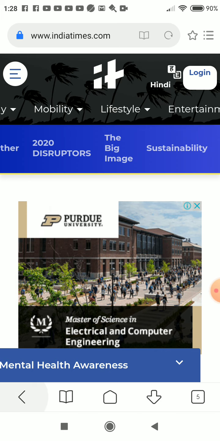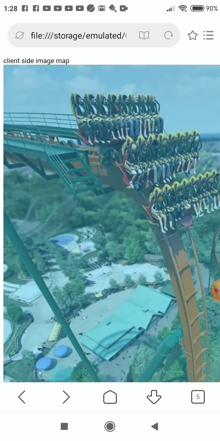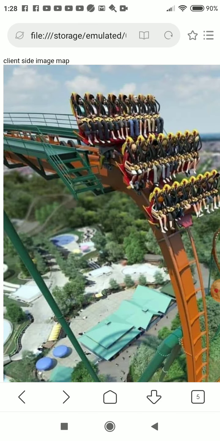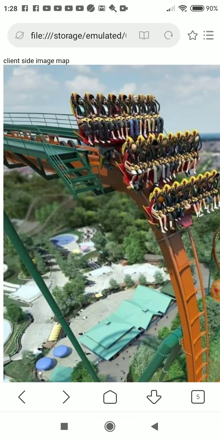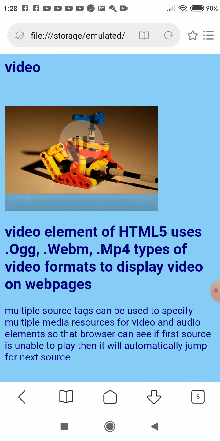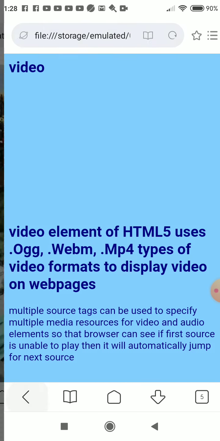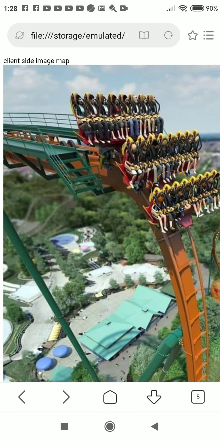So I'll go back again. Then I had created a polygon here. When I click on that polygon, it should open Google, and when I click on the circle, it should open a local website. So we'll see how to write this code.